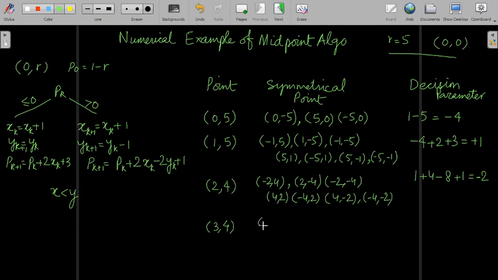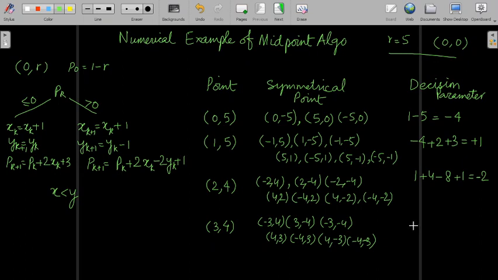So out of symmetry you will get minus 3, 4, you will get 3, minus 4, you will get minus 3, minus 4. Then after swapping you will get 4, 3, you will get minus 4, 3, you will get 4, minus 3, and minus 4, minus 3. So these are the symmetrical points, and